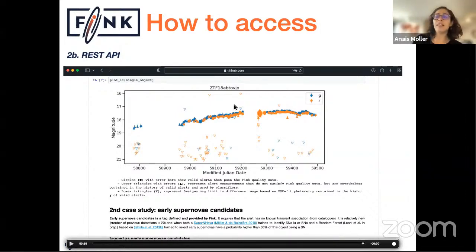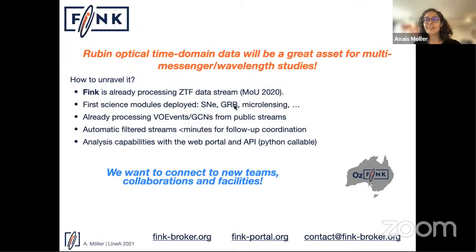So I hope I have convinced you that Rubin will be a big change for optical data. With 10 million transients per night, it's impossible that we actually look through all of them every day unless you have hundreds of thousands of students that want to watch and see them. I think we can do better. We can actually use these frameworks and these technologies to filter them out and find the science that you want to do.